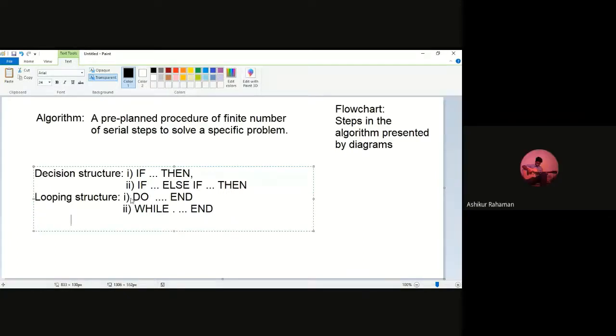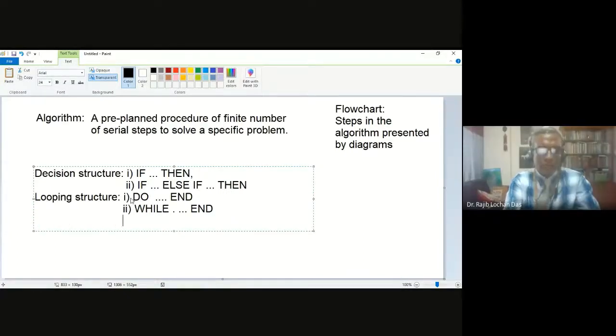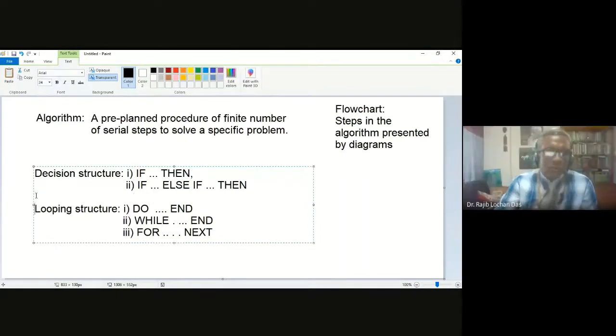Or you can write for, okay, yes. So for, then something, then what, next. Normally these are the common structures. So these are the structures you may need to use inside the algorithm,